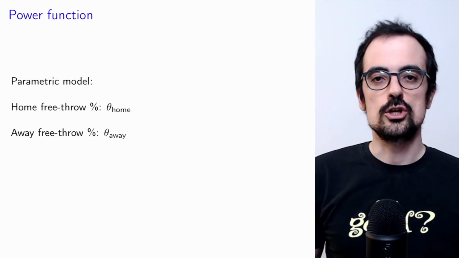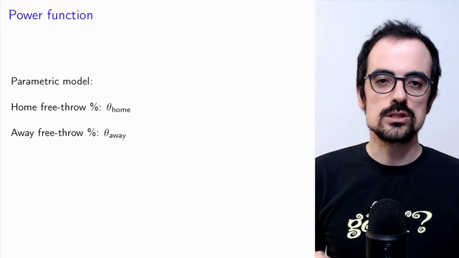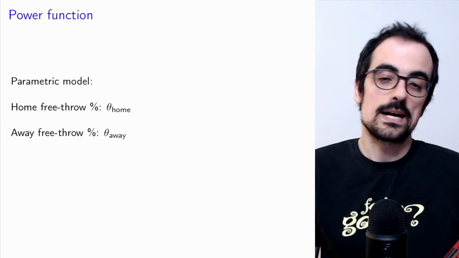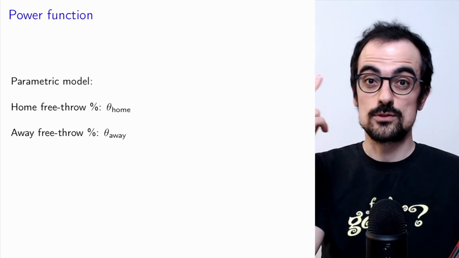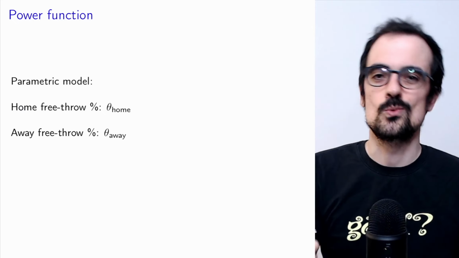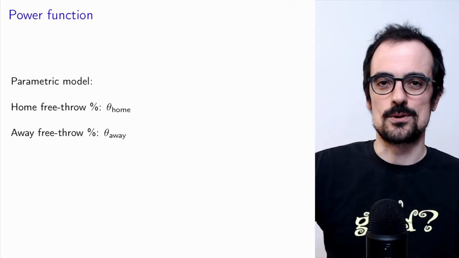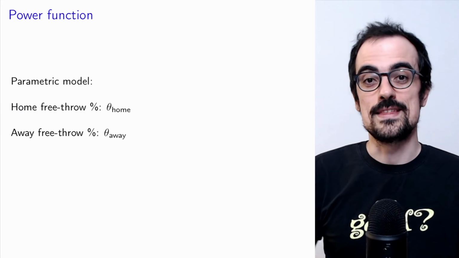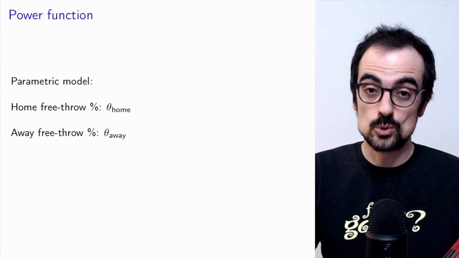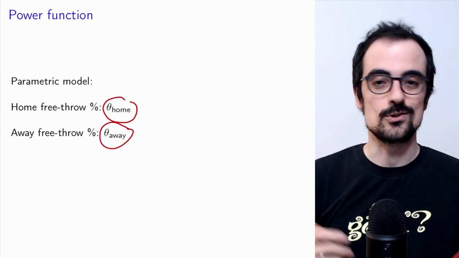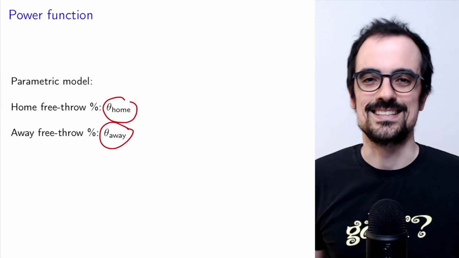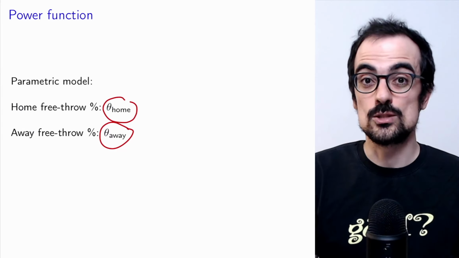Okay, so we're going to show you the power function. When the alternative hypothesis holds, we actually have two parameters. When the null hypothesis holds, we just have one parameter, which is the probability of making a free throw. When the alternative hypothesis holds, we have two different parameters, the home percentage and the away percentage. In order to be able to plot the function in a way that is easy to visualize, what we're going